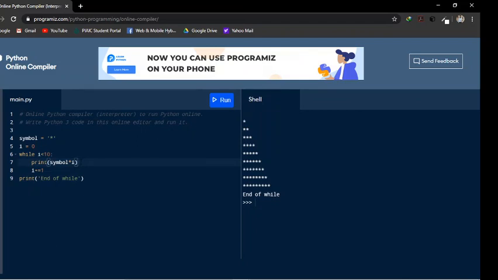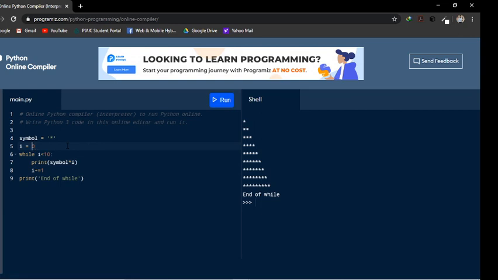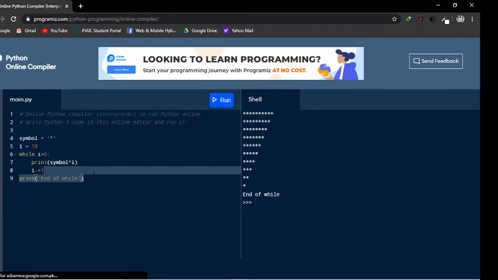What if I wanted the opposite one, meaning I want this line first and then this? What you will do is write i is equal to 10, while i is greater than 0. And now you subtract 1 by 1. So let's do this. It becomes like this. And the same goes for the for loop.